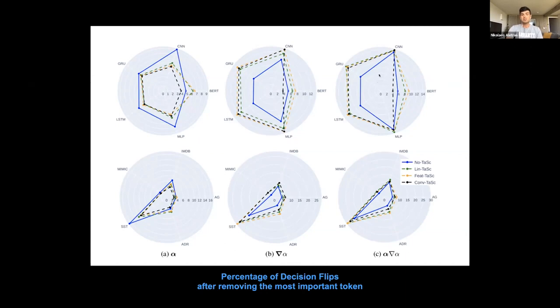You can see that most of the time, just using TaSc, which is this component, produces way better results compared to not using it. This is the percentage of decision flips by choosing the token with the highest importance. We just choose one token, we replace it, and we record whether the prediction changes or not.